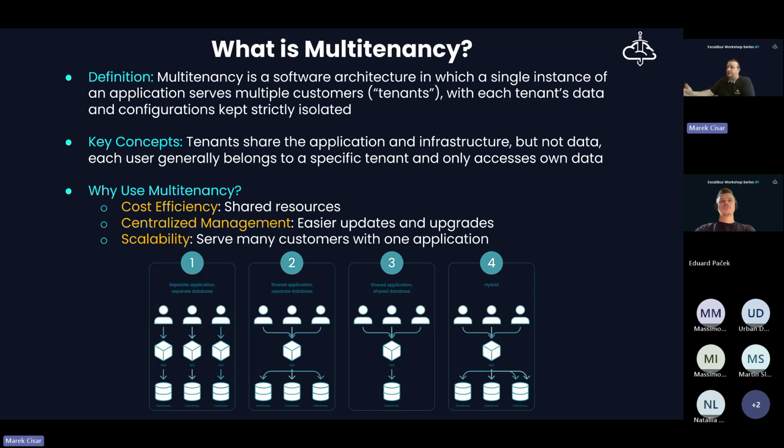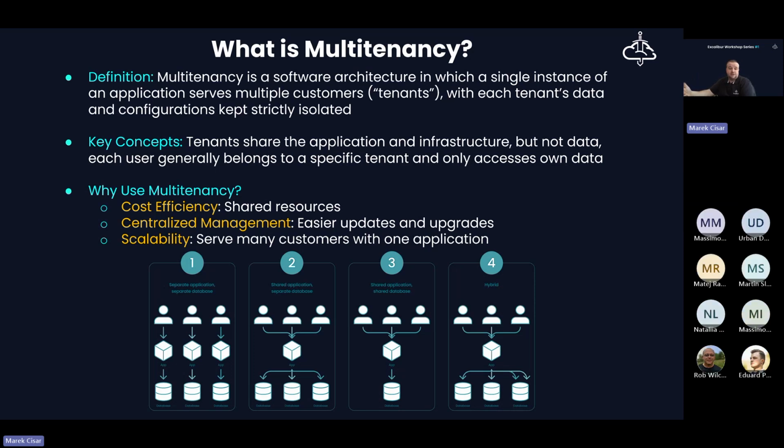Regarding the multi-tenancy types, I prepared a small picture which describes them. There are 4 or 5 together. The first one is where we have a separate application, and each application uses its own separate database. Then we have shared application components between tenants, and each tenant uses its own dedicated application database.